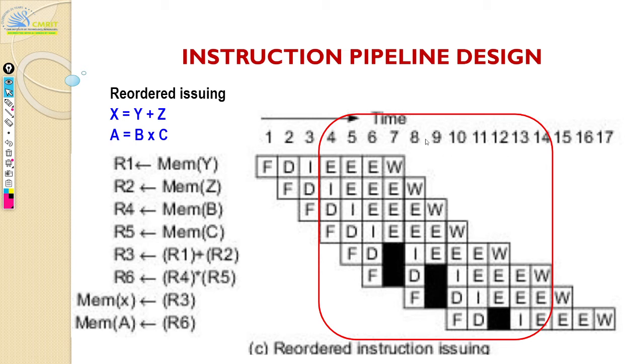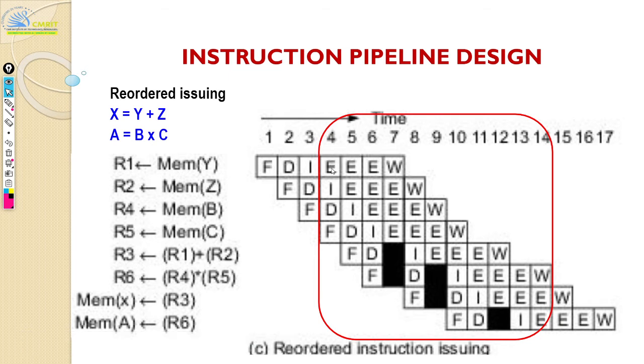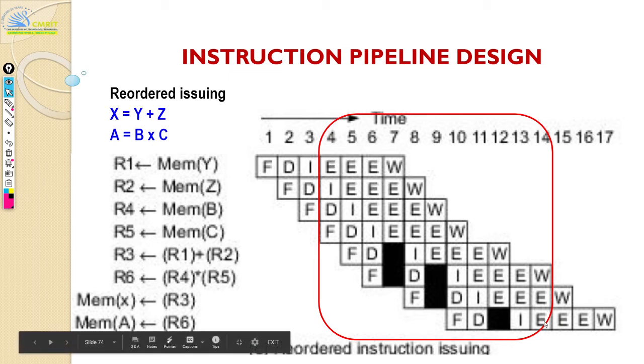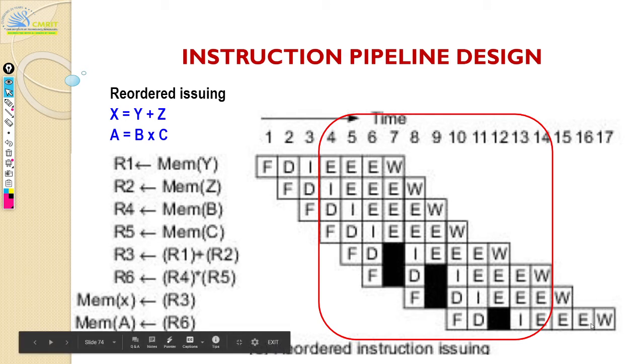Again, how are you calculating this? You're calculating it from when the pipeline is full, which means that you're going to start from when your first instruction has started executing to when the last instruction has started executing. That is when your pipeline is full. You're not calculating the time when the pipeline is getting full. The filling time and also the draining time you don't care about, because they don't really give the correct picture.